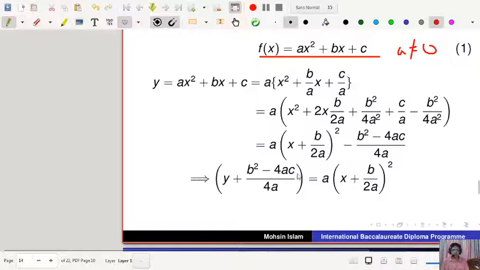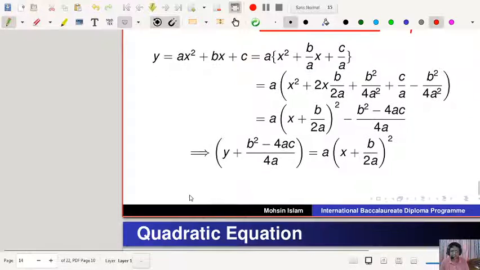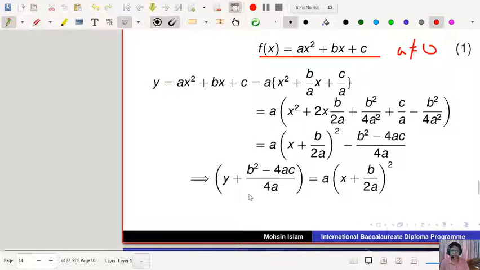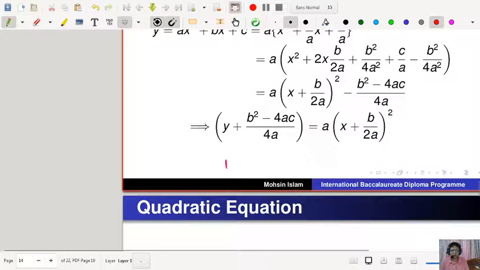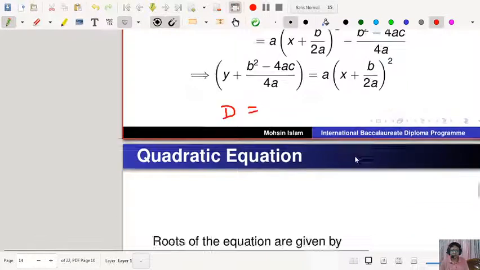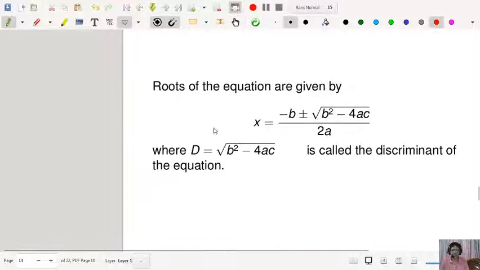Now, do you know what b² − 4ac is called in a quadratic? The discriminant. Yes, very good. So that's the discriminant. Quadratic actually represents the parabola. Your discriminant is given by, actually if you want to solve, let me show you.